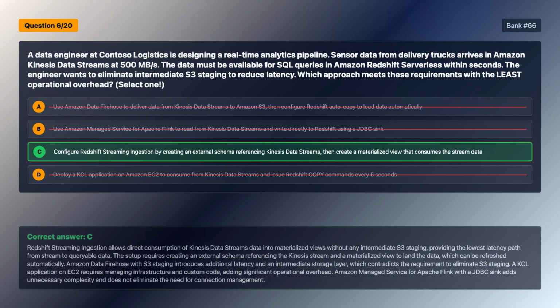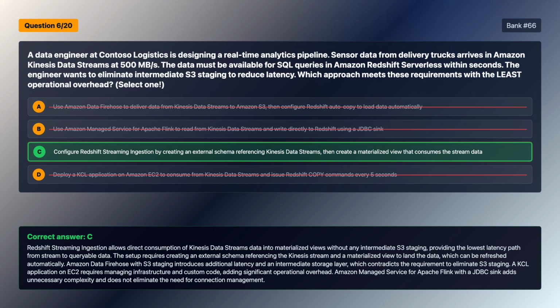The correct answer is option C. Redshift streaming ingestion allows direct consumption of Kinesis data streams data into materialized views without any intermediate S3 staging, providing the lowest latency path from stream to queryable data. The setup requires creating an external schema referencing the Kinesis stream and a materialized view to land the data, which